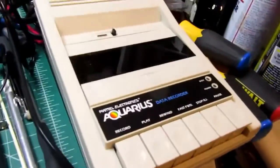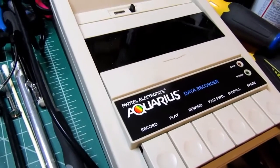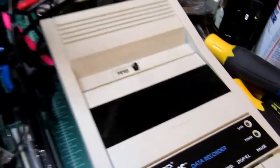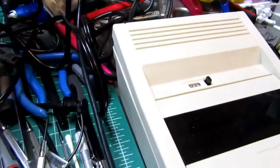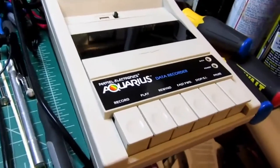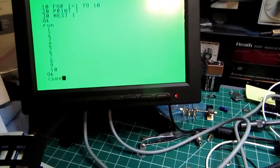Okay, I have the Aquarius data recorder. Here I put a tape in. I hardly have any cassette tapes anymore, and I actually put in an XL2 90 minute. It's not really the right type of tape, but hopefully it'll work. I don't have a power light, and I would think I should. This cassette deck actually has to be plugged into AC, which it is, and also into the connector on the back, which it is. And I've got a program in there, so I should have to type CSAVE and then test. So I'm going to type in CSAVE